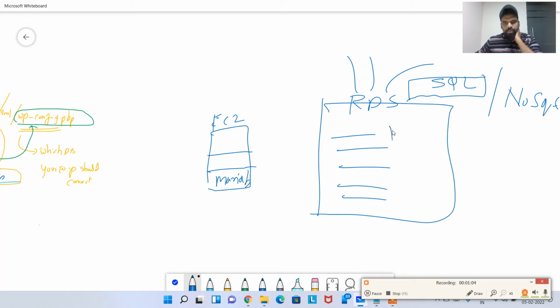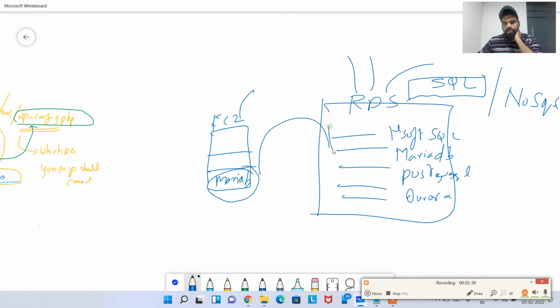For example, Microsoft SQL and MariaDB, and we have PostgreSQL, and we have Aurora. A couple more things as well. This is a quick demo. What we are going to do here is migrate this MariaDB from this EC2 instance to RDS, and